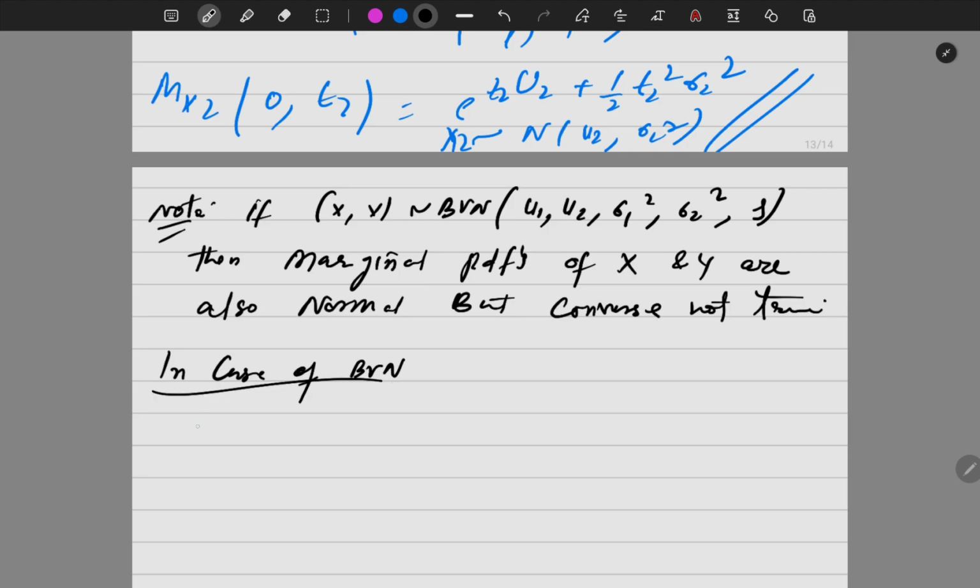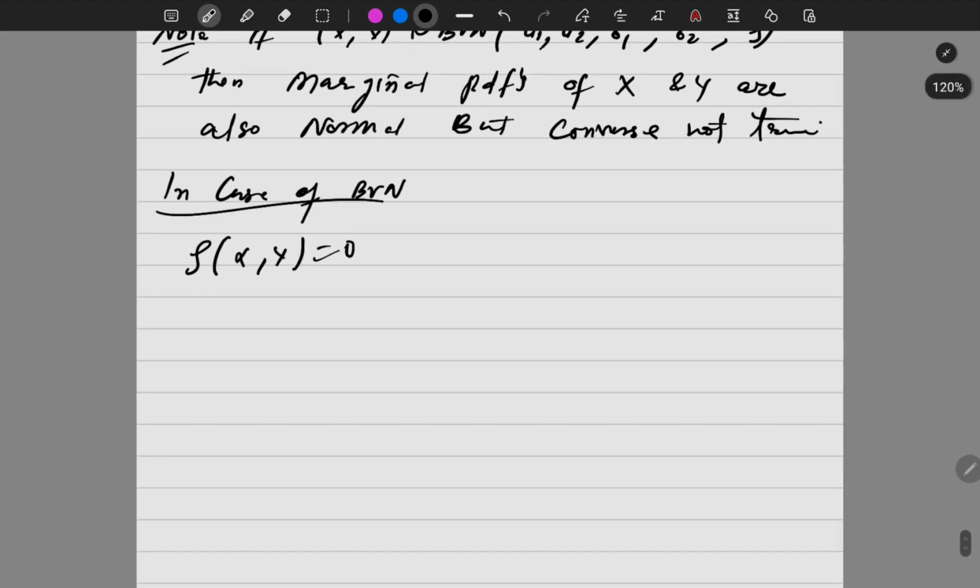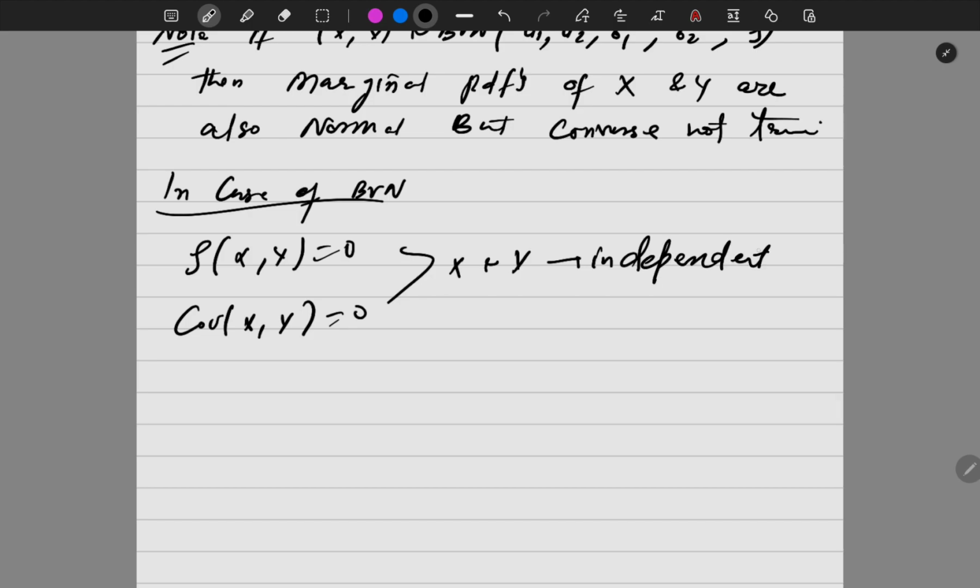In case of bivariate normal, if rho of x comma y is equal to 0, this will eventually say that covariance of x comma y is equal to 0. So in this case, x and y are independent. This is only in case of bivariate. If we are talking about in general, if rho is equal to 0, then we can't say that x and y are independent. But if x and y are independent, then covariance is equal to 0. This is true, but the converse of this above statement is not true,